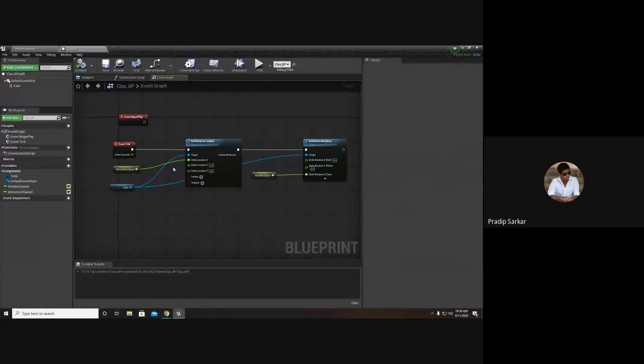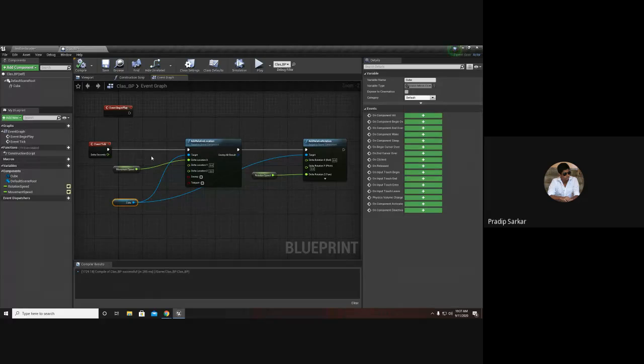Next, now this is happening each and every second. We don't have any kind of control over the movement or rotation.